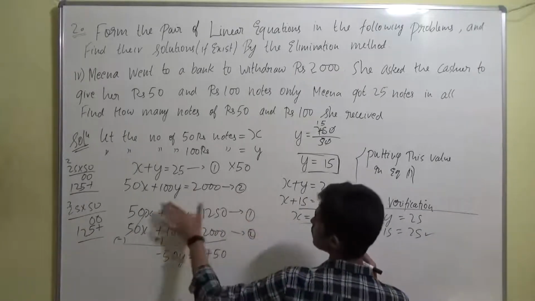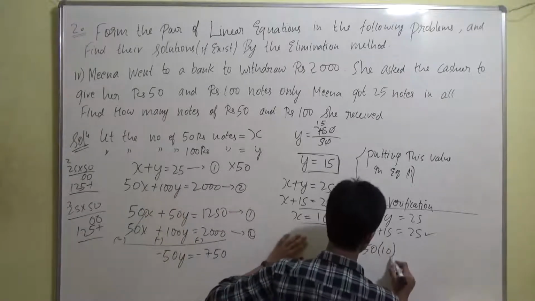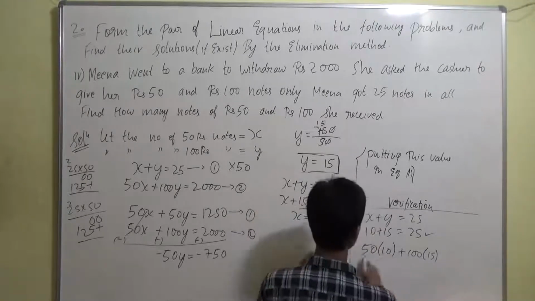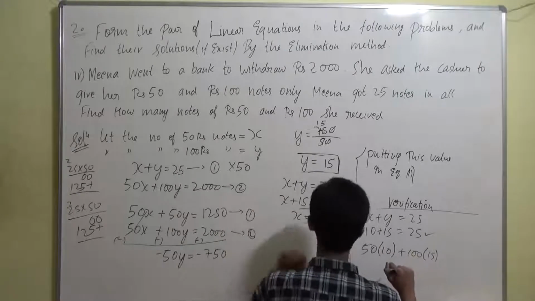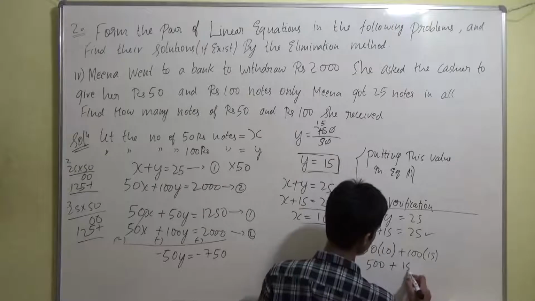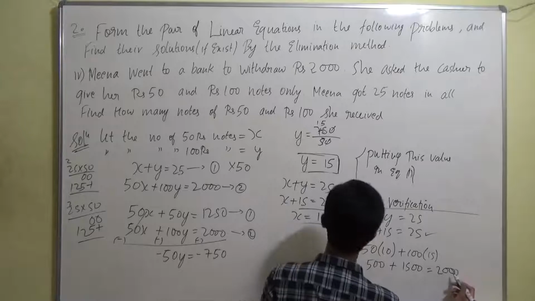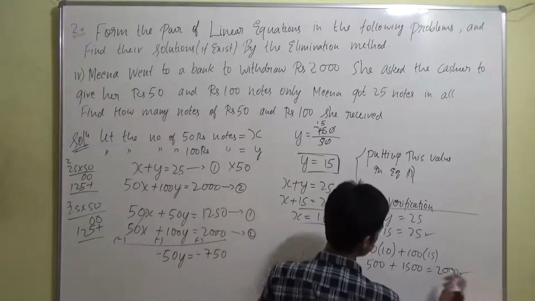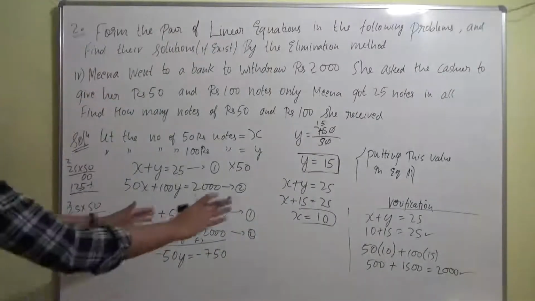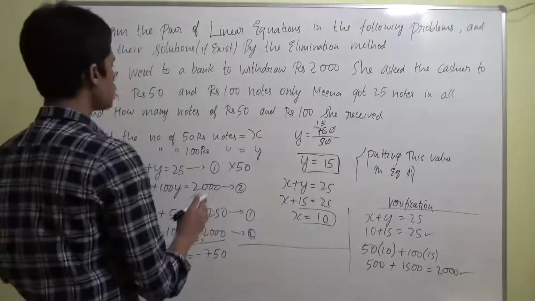Let's put this value of x and y into the second equation now. 50 into x, which is 10, plus 100 into 15. Let's see if LHS is going to come to RHS, that is 2000. This becomes equal to 500 plus 1500, which will become equal to 2000, which is equal to the RHS, hence verified, guys. Done. That's it, guys. At last, after verification, you can finally conclude by saying the number of 50 rupees notes